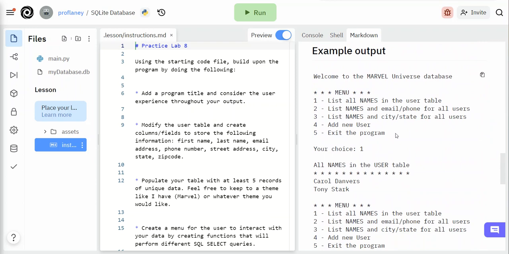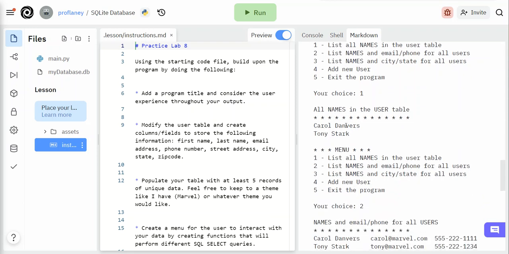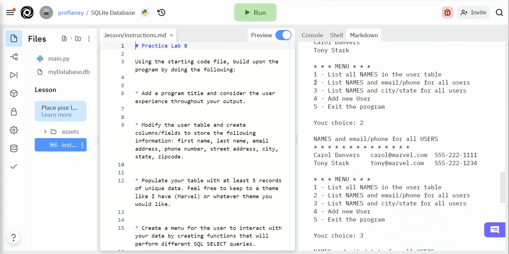So in my example, Marvel Universe database, I've got this little menu that's going to list all the names in the table. So that's going to be a report. And I'm basically just going to run through the output of that. And so in my example, if I choose one, I would see something like this, all names in the user table. Again, my database only has 2 people in it, so yours is going to look a little bit more substantial than that. And then after that is run, I'm going to show the menu again,